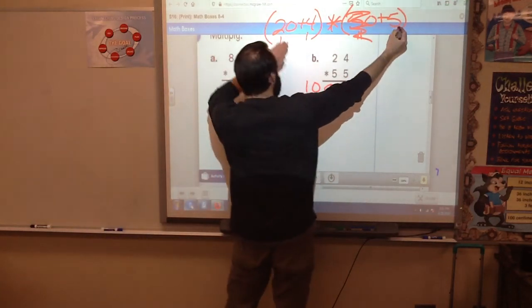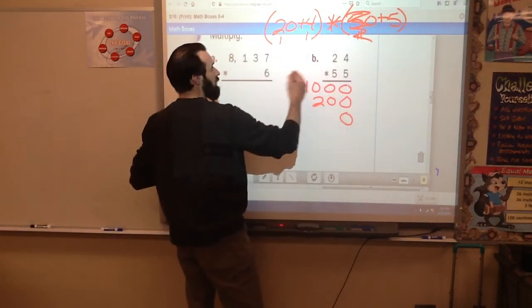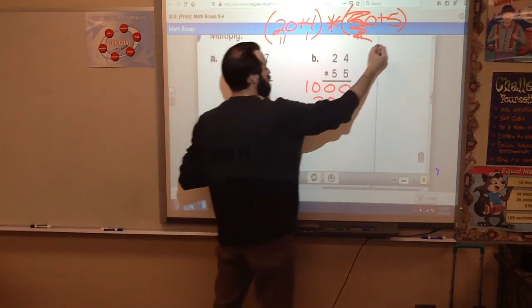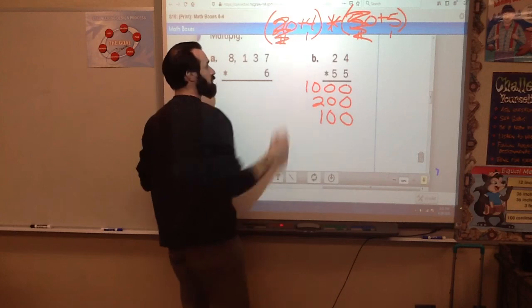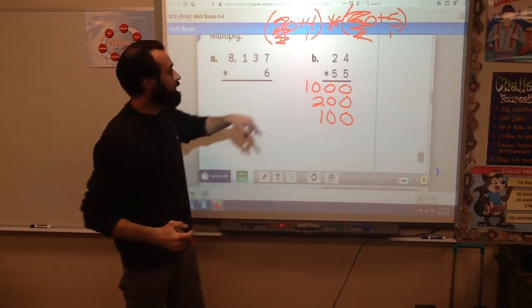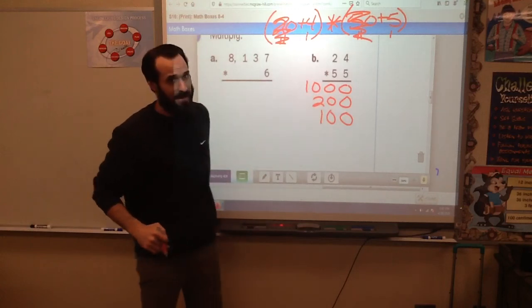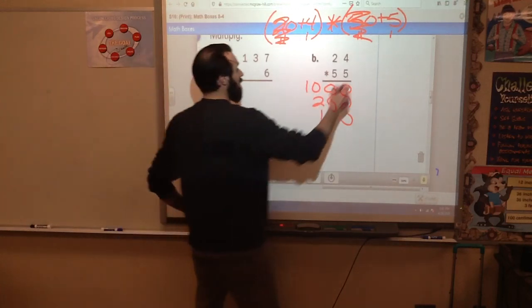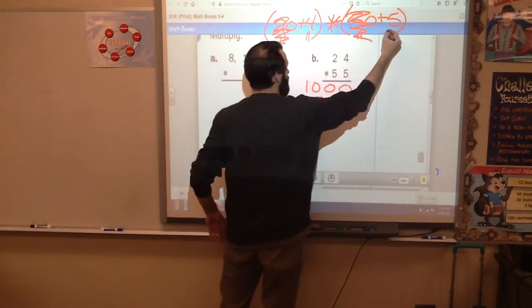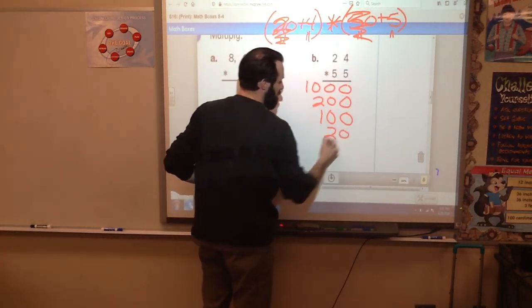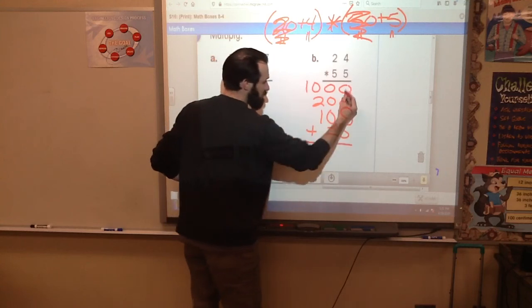Now I'm going to do 5 times 20. There's a 0 from the 20. 5 times 2 is 10. I've used this one twice. I've used that one once. If I've used it twice, I'm done. Because if it's a 2 by 2 digit number, you're going to have 4 add-ins at the end. Now I have to do 5 times 4. I'm using each of those for a second time, so I'm going to be done. 5 times 4 is 20. Now it's just adding zeros,